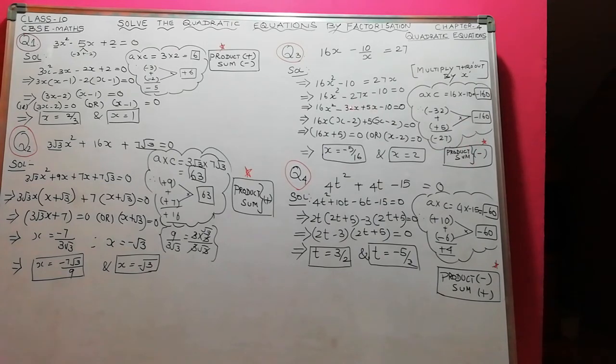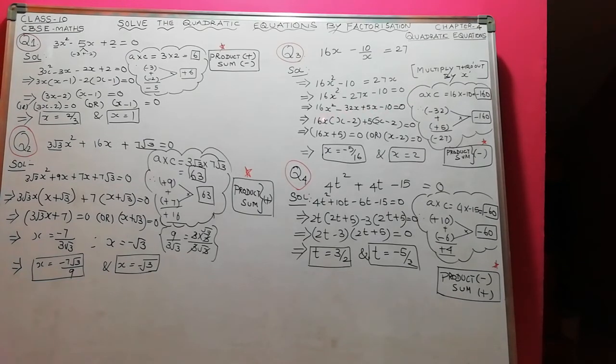That means you will be getting two factors, one negative and one positive. The negative will be larger in magnitude and the positive will be smaller in magnitude. In that way we split the middle term. Minus 32 plus 5 gives you minus 27, and the product of these two numbers gives you minus 160. Now let us split the middle term and write 16x squared minus 32x plus 5x minus 10 equal to 0.